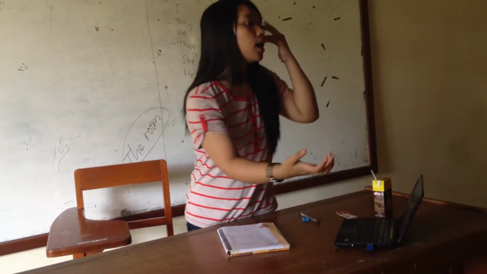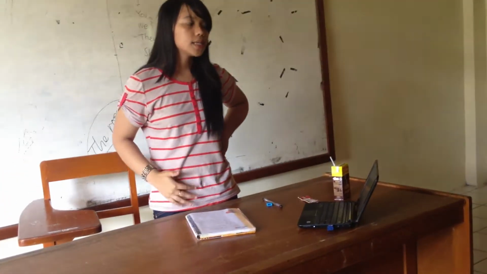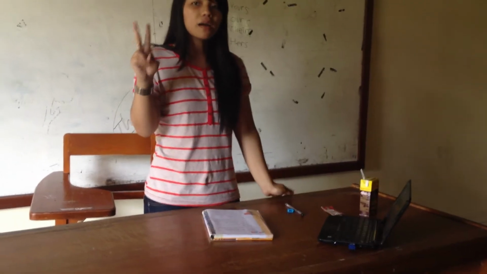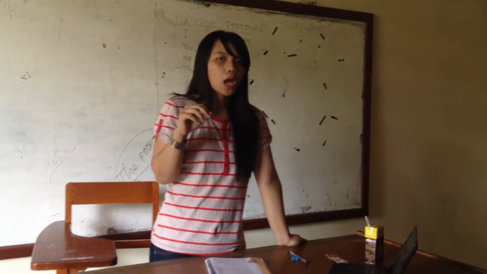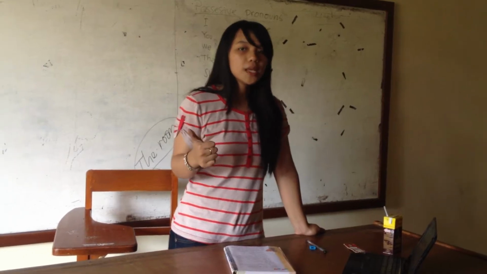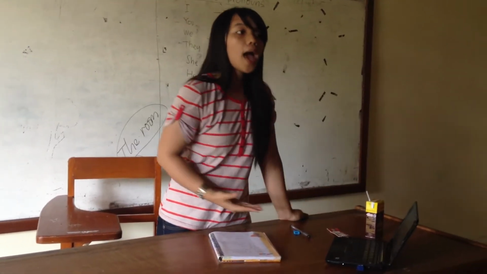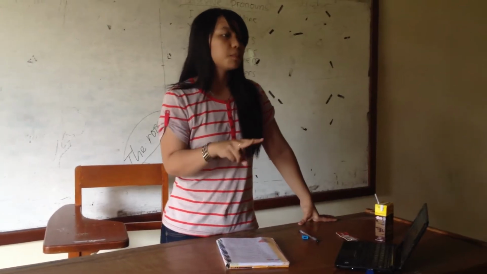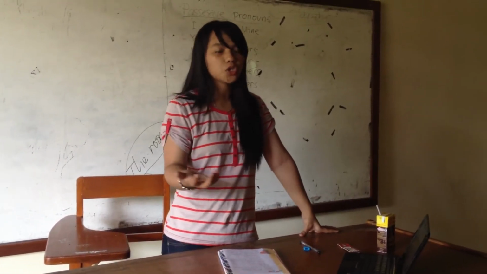I will give you an example about form and function. For example, the sentence "Watch out." "Watch out" can be the form of the sentence, and it means a warning. So warning can be the function. Another example is "Go out from the class." "Go out from the class" is the form, and it means an interjection. So interjection is the function. And then "Pass the salt." "Pass the salt" is the form, and the function is the